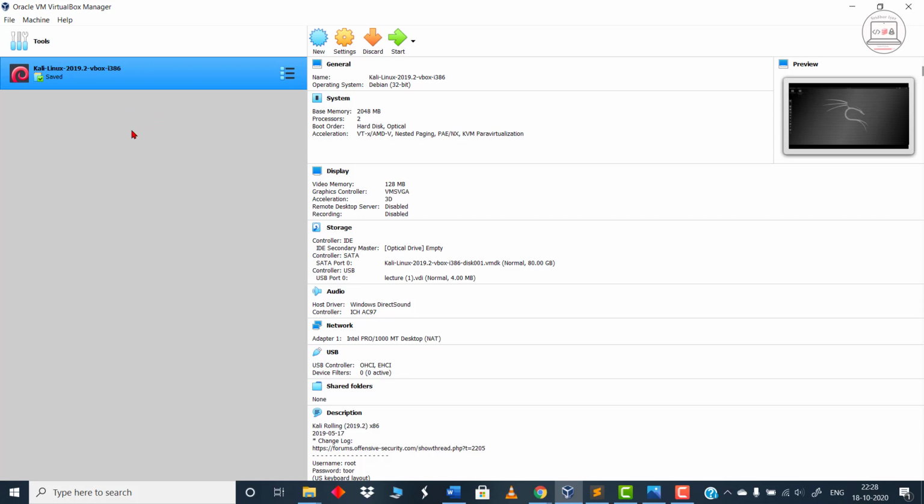I am not using version 2020 because I actually found some glitches in the version 2020 while performing these experiments. So I am reverting back to the more stable version, which is the 2019 version of Kali Linux. So once you have installed Kali Linux, what you need to do, before actually starting your machine, is just